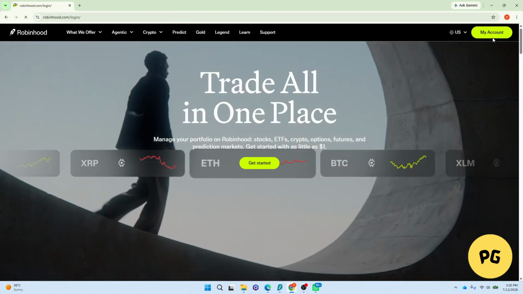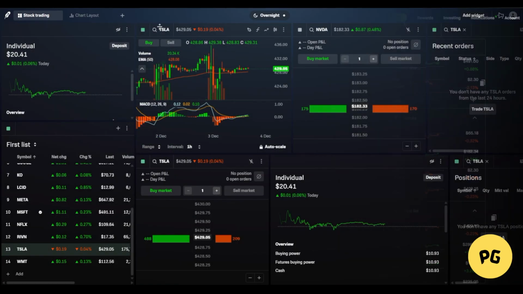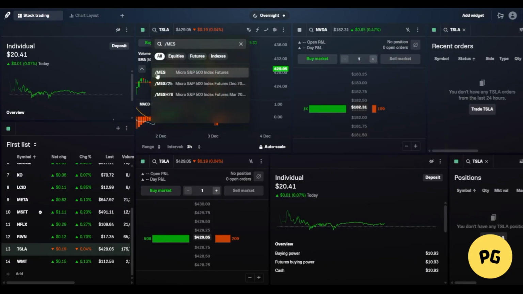Once you're signed in, make sure you have access to Robinhood Legend since the futures ladder is available there. Now, on the Robinhood Legend dashboard, go to the search bar at the top and search for the futures contract you want to trade. For example, you can search for MES, MNQ or M2K, then select the contract from the